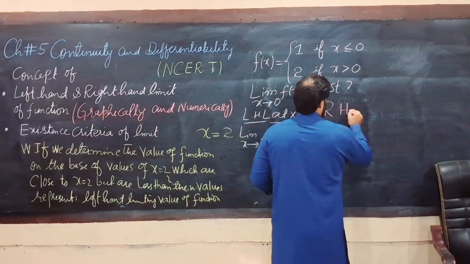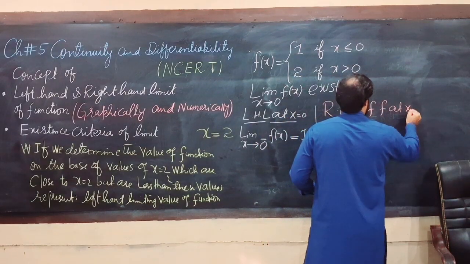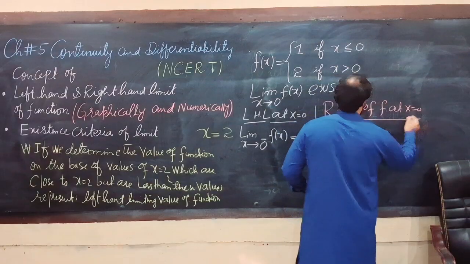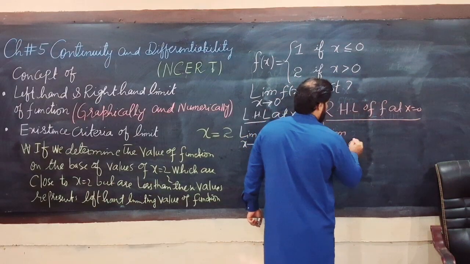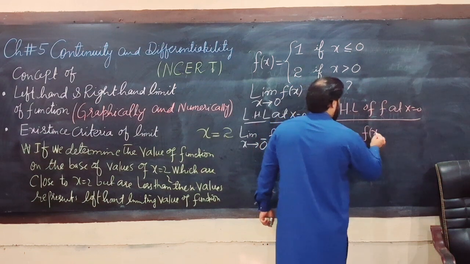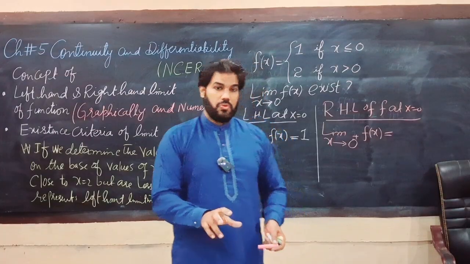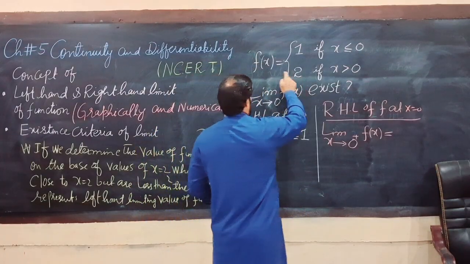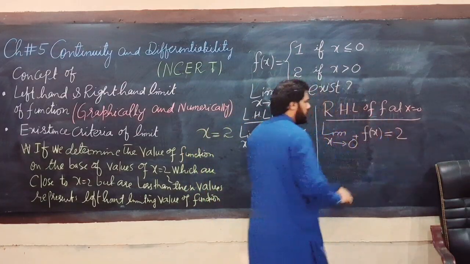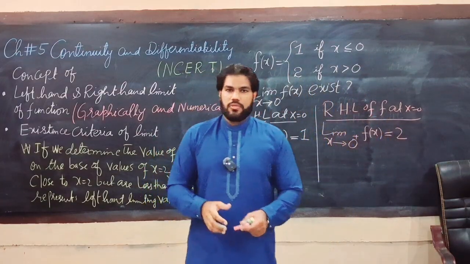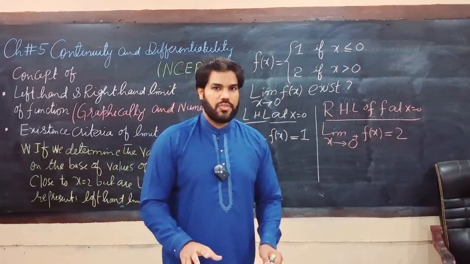Right hand limit of f at x is equal to 0. The right hand limit of the function is denoted as limit x approaches 0 positive f of x. Now you have to pick that part of the function in which x is greater than 0. X is greater than 0 in the second part and the value of the function in this part is 2. So the right hand limit is 2. As you can see here, the right hand limit is also a finite real number, that is 2. So the right hand limit also exists here. But